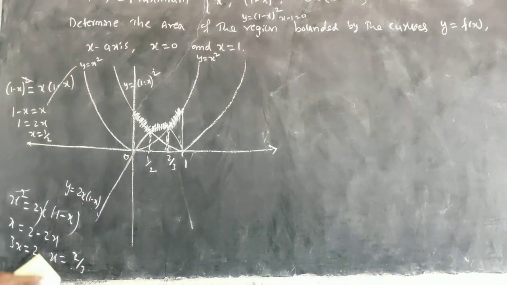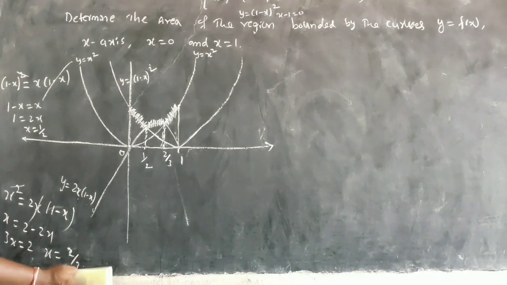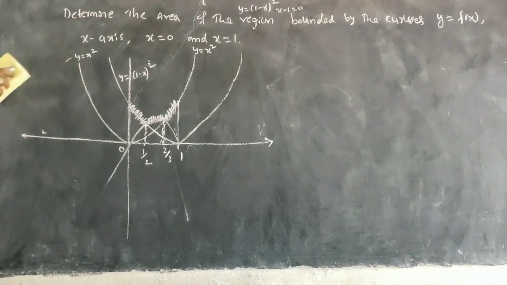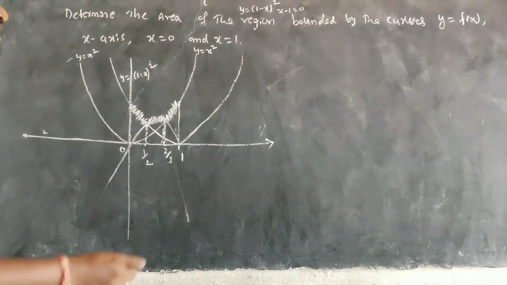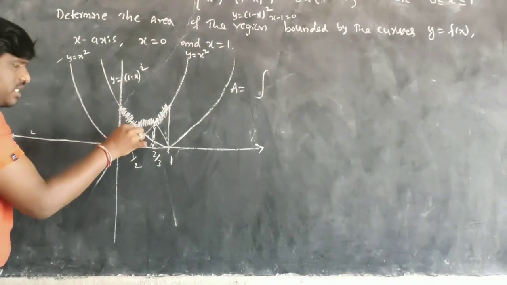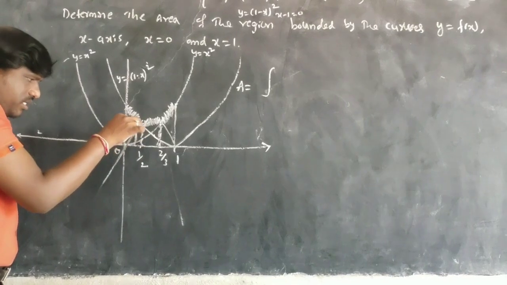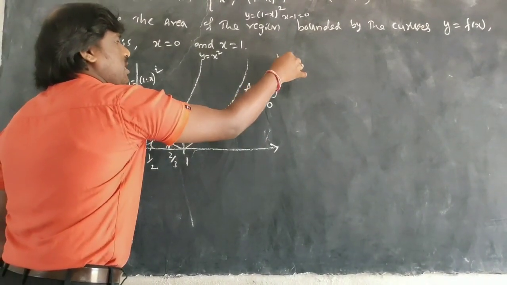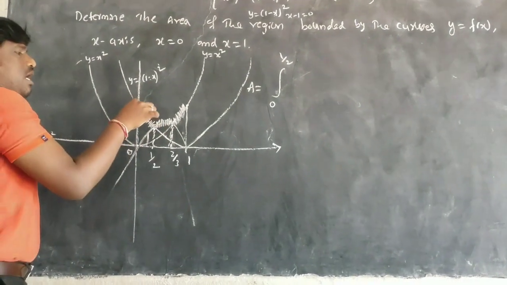So now you have to find the integration of this whole. I think you got the values, so I can erase these values. Now I can find the integration. What is the answer here? Integration is equal to, first I have to take x values. The strip I have to take first is 0 to 1 by 2, integration 0 to 1 by 2, the upper area.